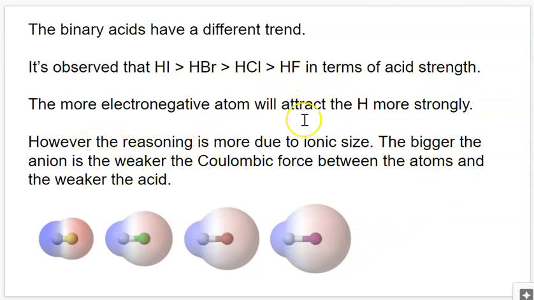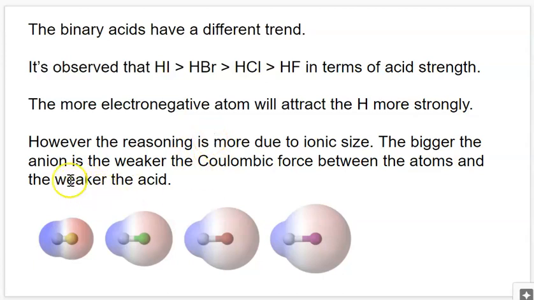You can see that there is a trend: the least electronegative one is going to make the hydrogen less strongly attached to it, which means that the hydrogen is going to leave, whereas hydrofluoric acid is a weak acid compared to these three, which are all strong acids, because the F is super electronegative and it's going to attract that hydrogen more strongly. But the reasoning here is actually more to do with the size and Coulomb's law, because